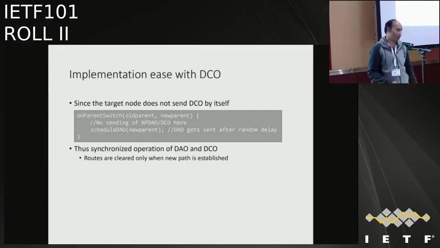So through this slide, what I wanted to bring out is that, for the target node at least, the overall operation of DCO versus the regular DAO is much more synchronized. And then there's another thing which troubles me forever, and maybe Alvaro will save our life here. This is a traditional thing in link state: some people have tried in the past to clean up the bad state